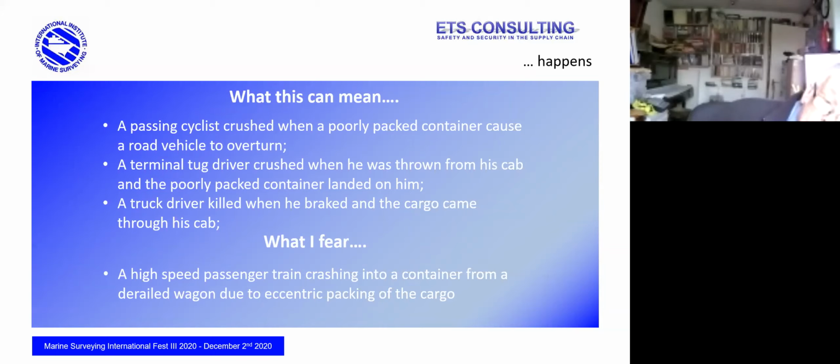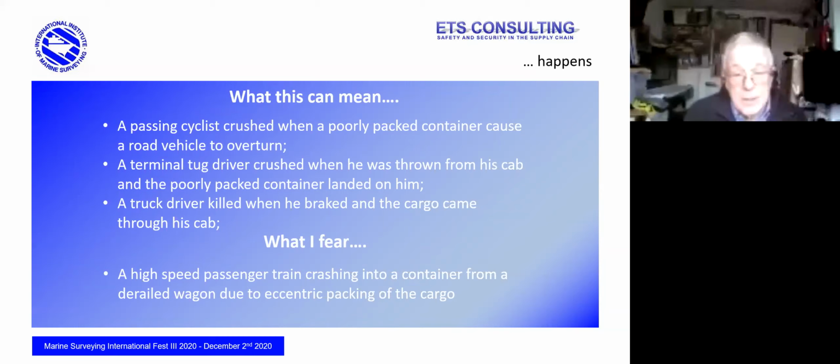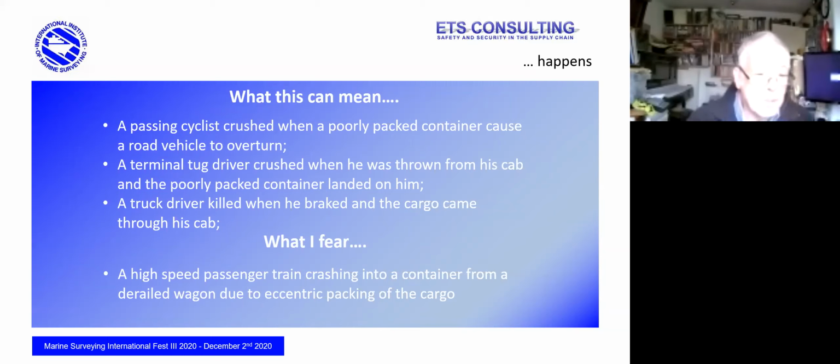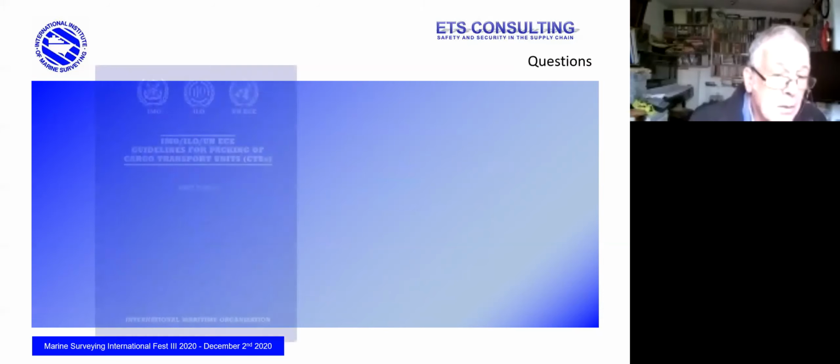And northbound trains approaching through the tunnel would have been unable to see the derailed train until it was too late. That could have caused many hundreds of injuries and possible fatalities. So it is very, very important that the cargo is properly packed and secured.